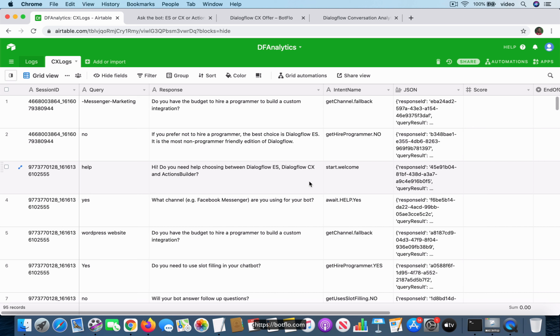I'm guessing that the competitors that have been announced by Google and Microsoft recently for Airtable might also be able to do the job. I don't know, I've not really looked at them. The important point I'm making, of course, is that you have this ability to get a good picture of what is going on in your bot as soon as you start logging the conversations